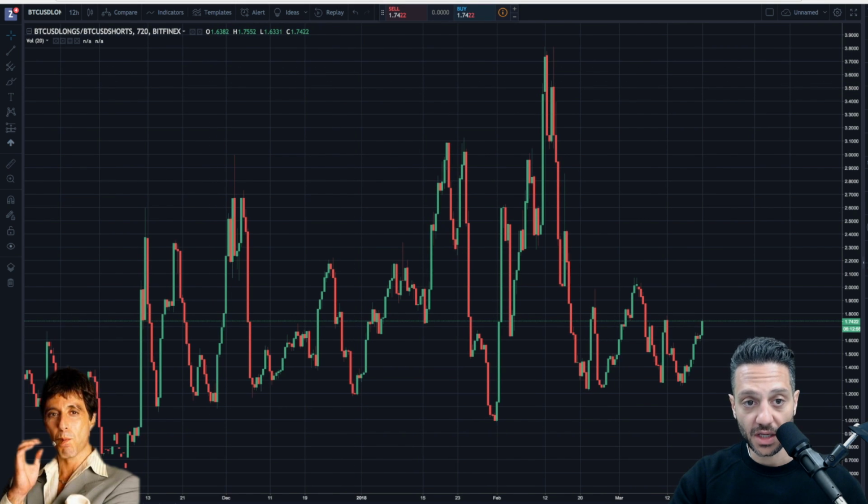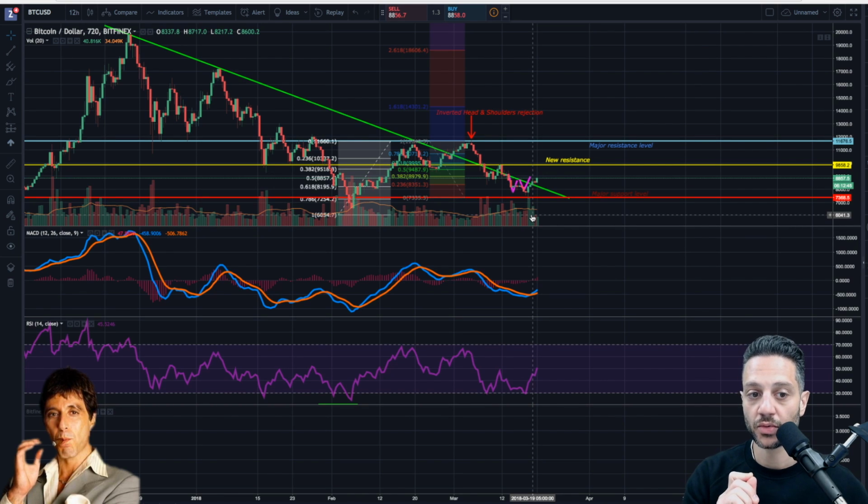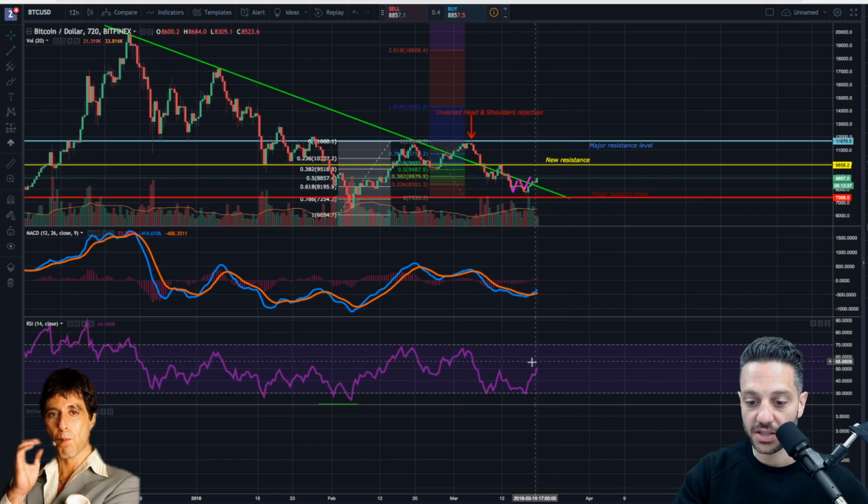And if you take this in conjunction with your regular analysis, so if you look at the MACD, the RSI, the trend lines, etc., and you want an extra point of confirmation to try and read what the market sentiment is, the long versus short data is really helpful. Obviously, there is a certain level of market sentiment in the RSI and the volume, etc., but this is an additional point of confirmation that is really helpful.